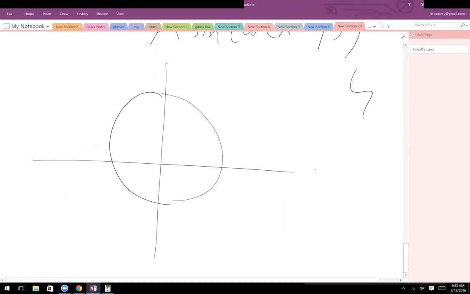Where's 4 pi over 3? Third quadrant. Yep, so it's slightly bigger than pi. Here's 4 pi over 3. And tangent is the y over x. Yeah, it's the slope. So if I do inverse tangent of tangent,